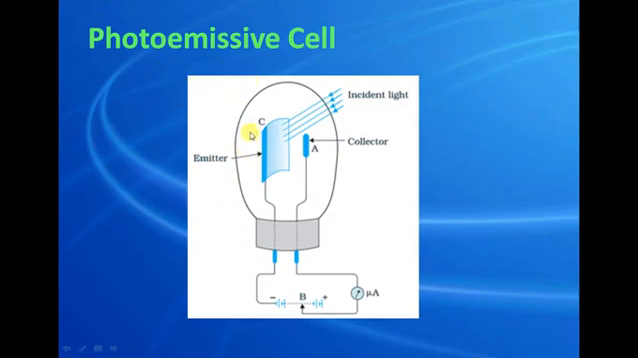It consists of an evacuated glass or quartz bulb, which contains two metallic electrodes. One is the cathode and the other is the anode. The cathode C is semi-cylindrical in shape and is coated with a photosensitive material. And the anode A is a thin rod or wire. It is kept along the same axis of